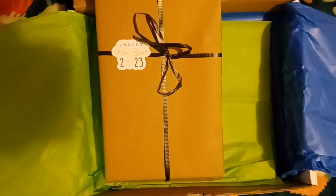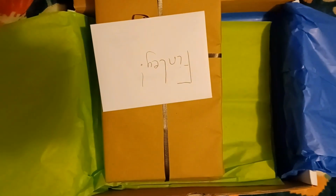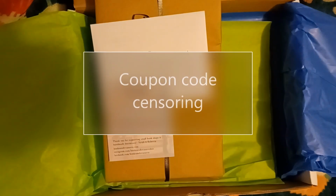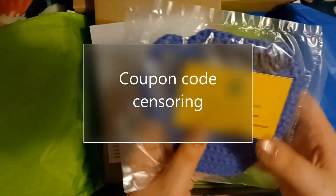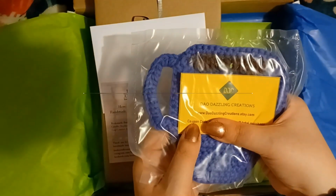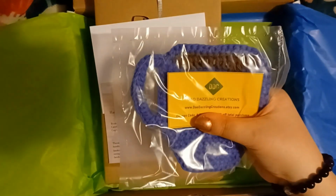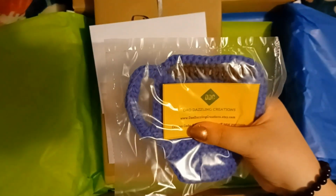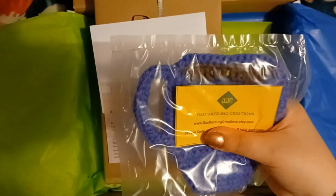Alright, and then inside we have our book. We have the letter for this month. Oh, we have a nice little card that tells us where our gifts came from. Oh, all right. We have a gift from Dow Dazzling Creations at www.dowdazzlingcreations.etsy.com. And there's also a coupon code, but I cover that up with my thumb,